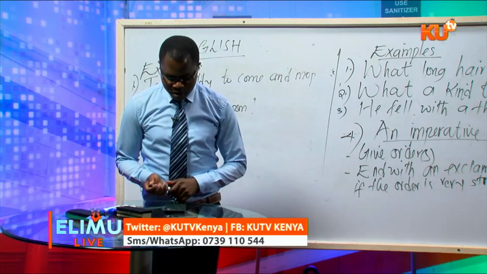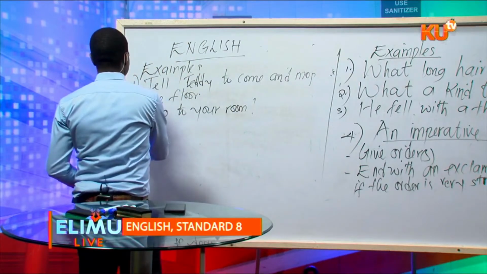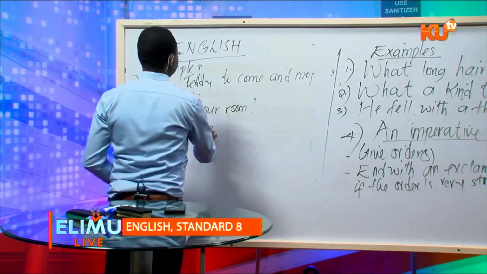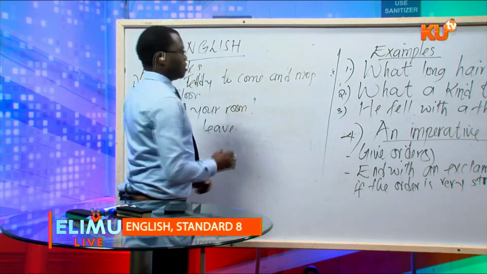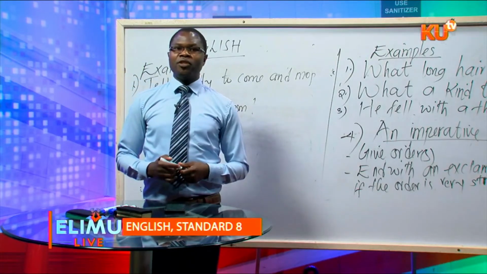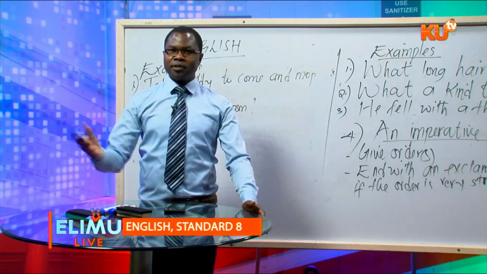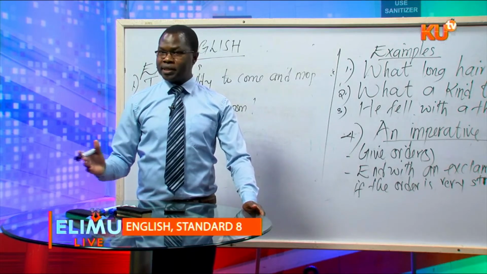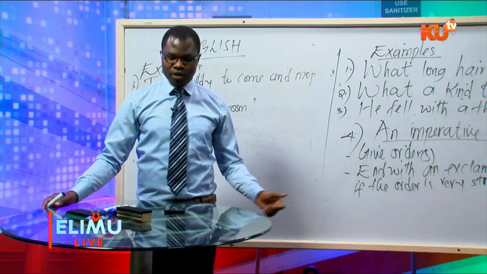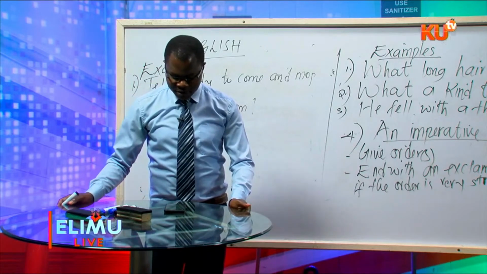Another example, please leave. For example 3, you don't use an exclamation mark because it's not that strong. You're just asking somebody to exit. You're asking somebody to leave, therefore you don't use an exclamation mark. And then the last sentence on the same,